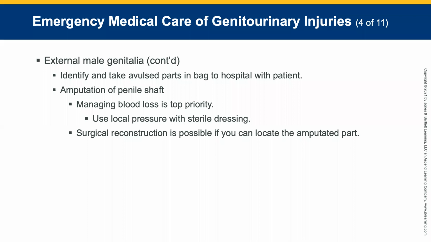If you have an amputation of the penis shaft, use local pressure with sterile dressing to the remaining stump. Never apply a constricting device. Don't put a tourniquet down there. It just may not fit. The stump may not be of use. It's just not going to work. Wrap in a moist, sterile dressing, place it in a bag, transport in a cooled container without it directly touching ice. That's a report that I want to hear coming into the facility. I can promise you, I want to be like, ooh, I got to hear this.